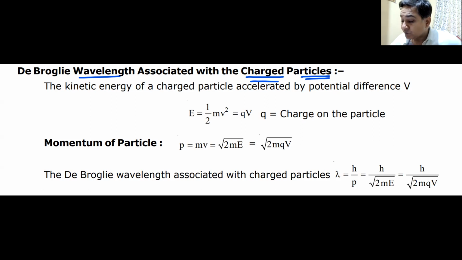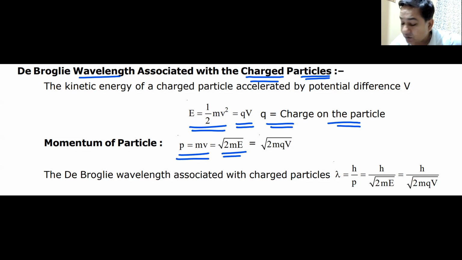So we'll just now see it. The kinetic energy of a charged particle or any particle is half mv square. Yes or no? Yes, sir. Now, how do you accelerate these charged particles? You accelerate it by applying a potential difference V. We multiply it by the charge of that particle. Q into V becomes its kinetic energy. We have discussed this. Yes, sir. Where Q is the charge of the particle, momentum is m into v. The formula is root over 2 into m into kinetic energy. Now it becomes root over 2mqV. Do we understand this? Yes, sir.